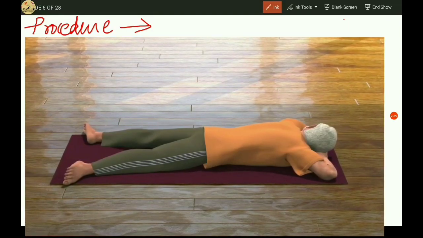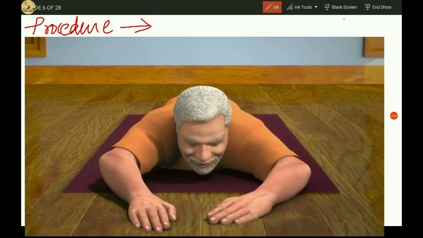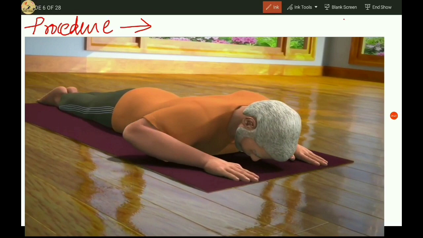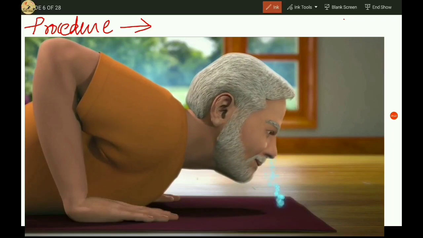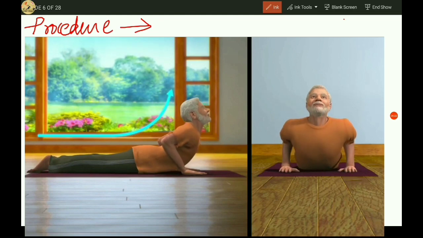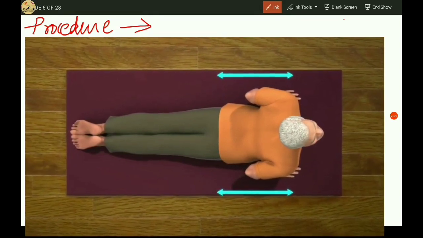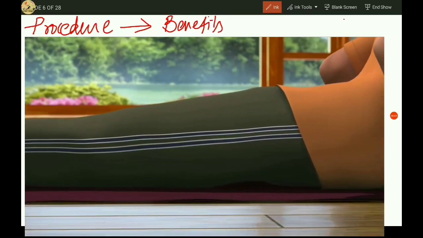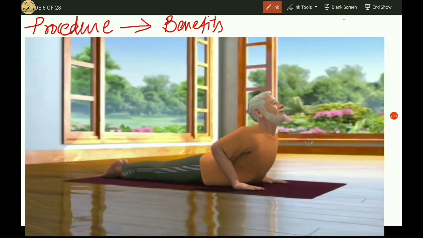Now moving on from Makarasana, bring your legs close to one another and stretch your arms in front of you. Rest your head on the floor. Now place your palms close to your chest and raise your elbows. Inhale. While taking a deep breath in, raise your chin up and lift your body up from the floor till your navel area. Take care that your elbows are in line with your body and your legs are stretched in such a way that you do not feel too much pressure on your waist. Breathing in and out normally, stay in this posture for about 15 to 30 seconds.